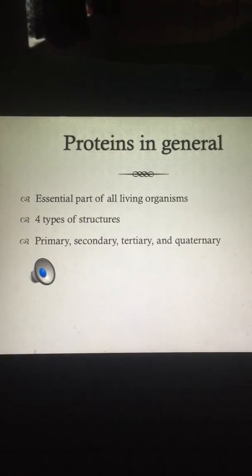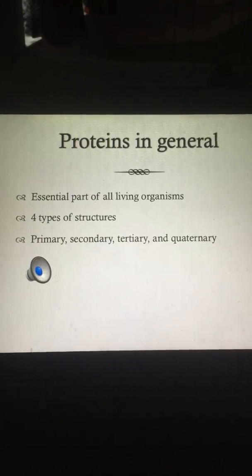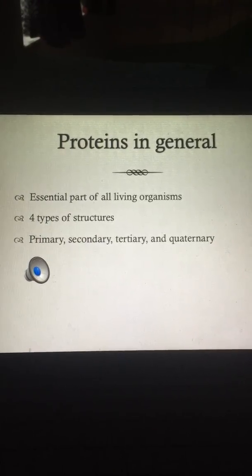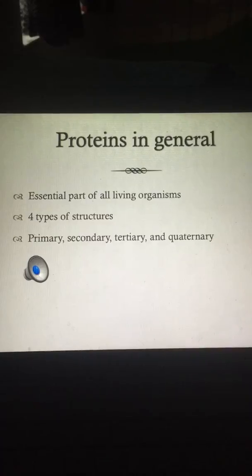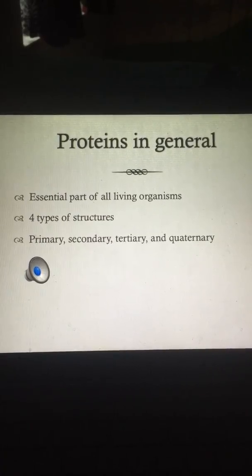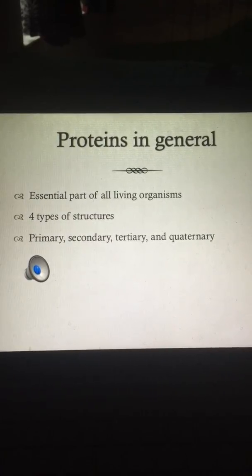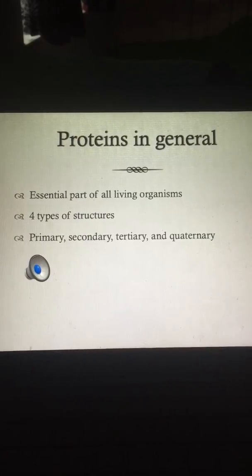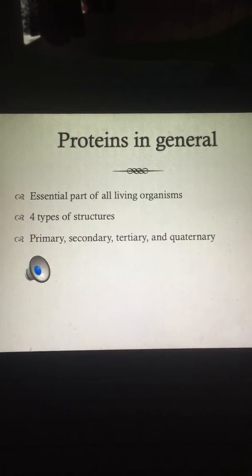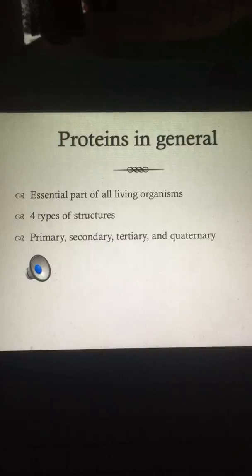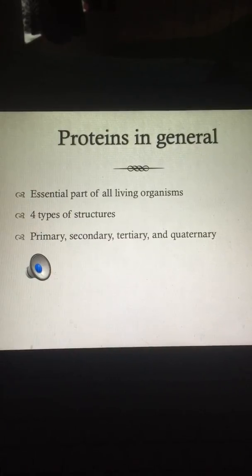First, I wanted to talk a little about just proteins in general. Proteins are an essential part of all living organisms. They drive practically all biochemical processes. They allow movement of signals between cells and help us keep cells in their proper shape. They also have